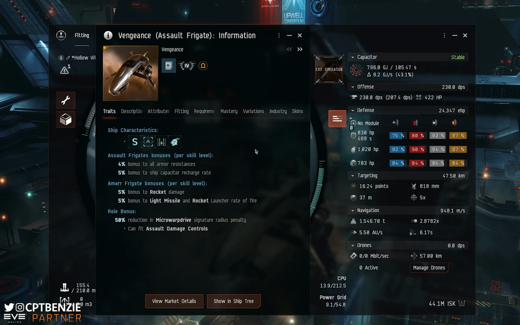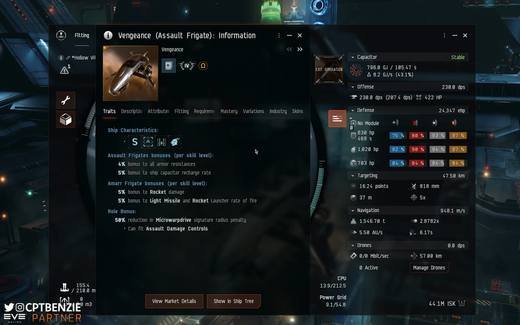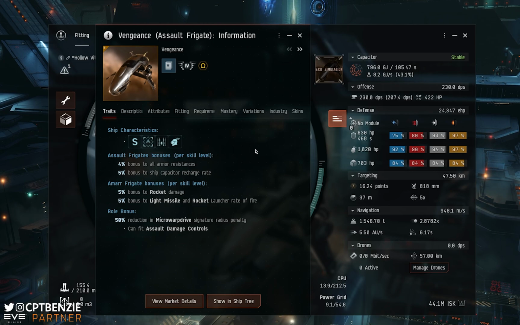So that's to say, you don't have to fit rockets to this. Light missiles do get the nice rate of fire bonus. 25% firing faster light missiles is cool. I just think that if you're going to fly a Vengeance, lean into the rockets, right? Lean into those bonuses hard. 25% additional damage and 25% rate of fire is just attacking the DPS equation from both sides. Oh boy, it's great fun. You're just going to be launching clouds of rockets at your opponent, and who doesn't like that,